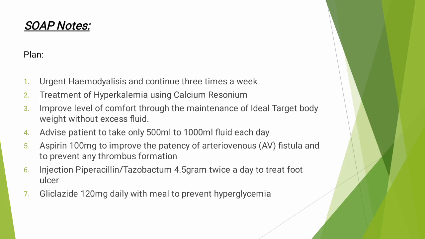So the plan was urgent hemodialysis, to be continued 3 times a week; treatment of hyperkalemia using calcium resonium; improving the level of comfort through maintenance of ideal target body weight without excess fluid; advising the patient to take only 500 milliliters to 1000 milliliters of fluid each day; aspirin 100 mg to improve patency of the arteriovenous fistula and to prevent any thrombus formation;